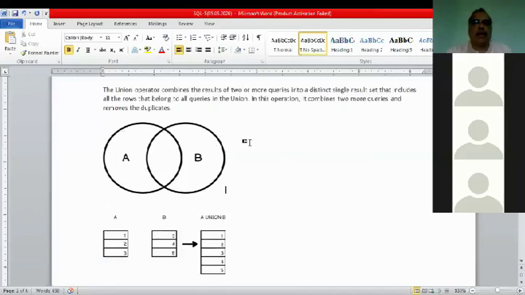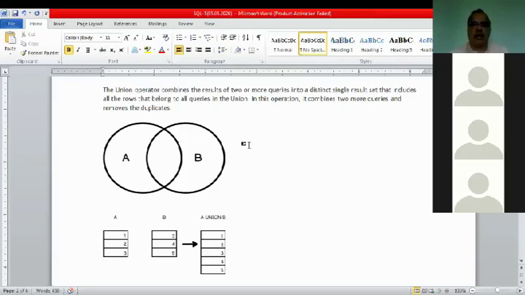When we fire the union command, there are a few conditions for it. When you are making a union of two tables, the field names should be the same, the order of the field names should be the same, and the corresponding data types of the field names also should be the same.